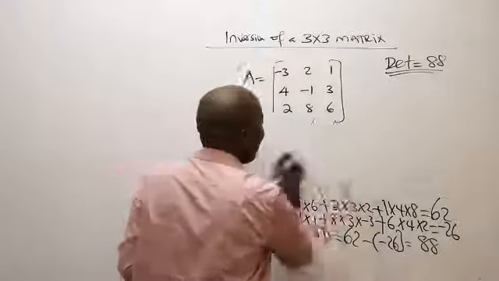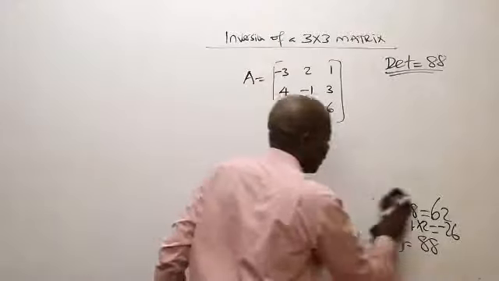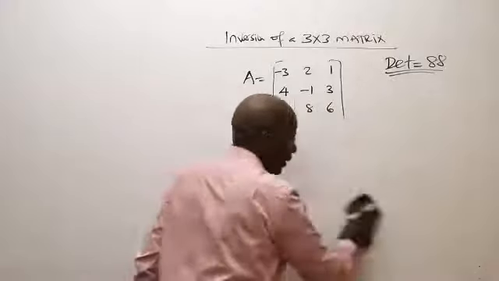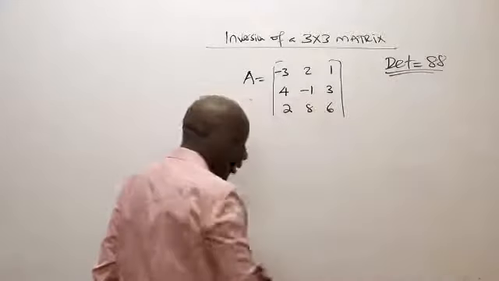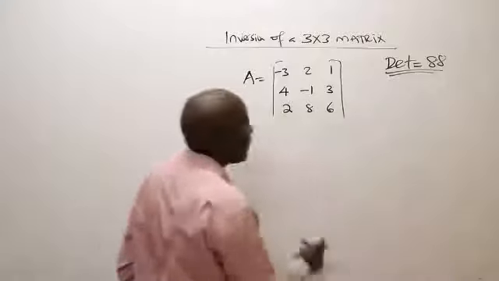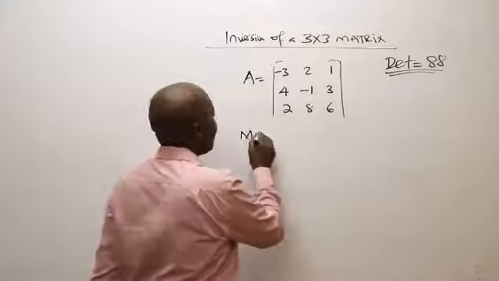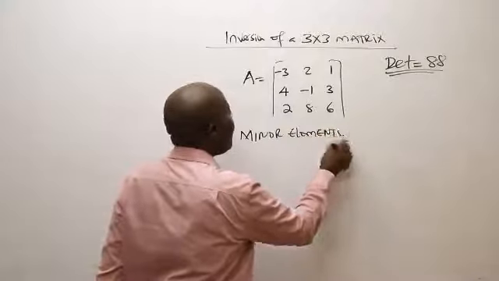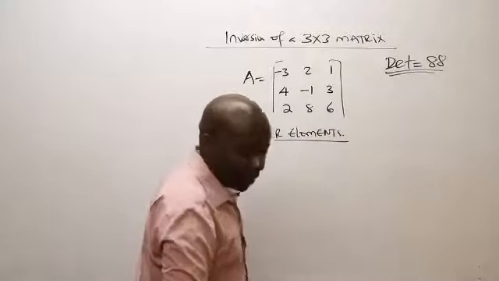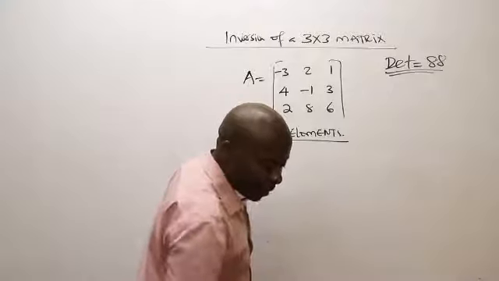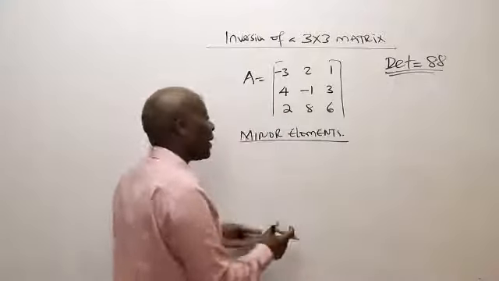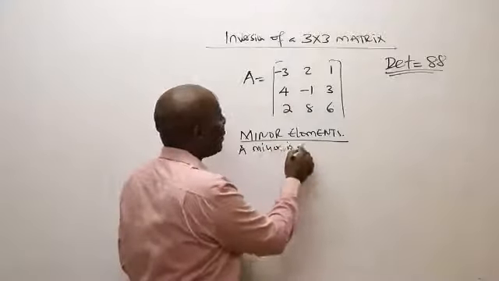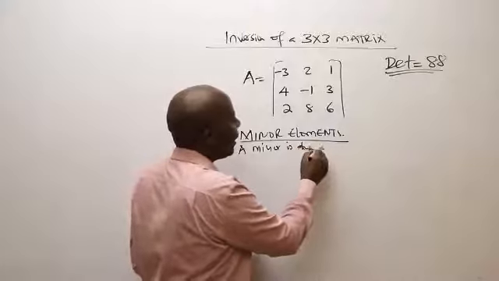Now that I have the determinant of 88, I can go to the second step, which is the step of minor elements. So come and give us the minor elements. It will be very important for us to know what minor elements are. Ladies and gentlemen, I want you to understand this: a minor element is the determinant of the submatrix